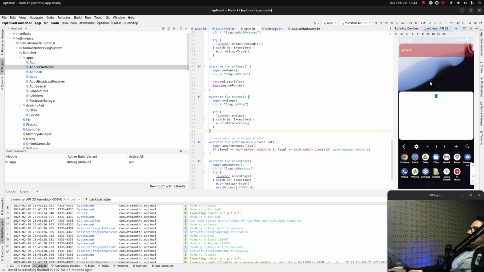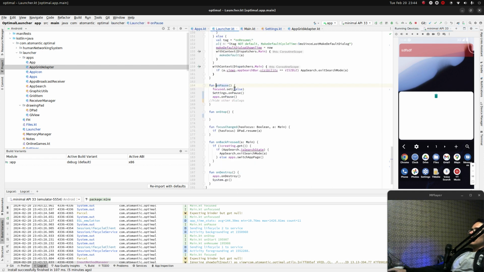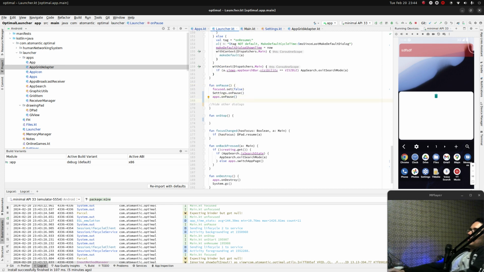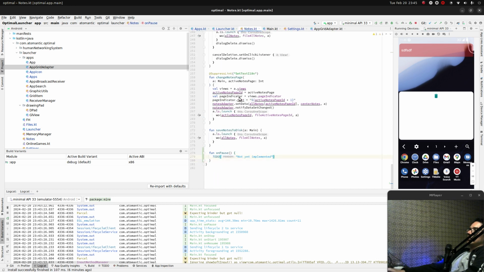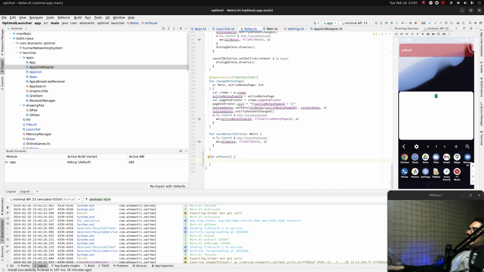Okay, so which one do we fix first? Well, I don't know. Should we fix the notes one first? Okay, let's try to fix the notes one. So to do that, we will go, again, here in main, and in onPause, launcher onPause, we do notes onPause. I guess this is how you write improved code. Okay, so we create a member function here. It says notesOnPause, and here what I'll do is I will